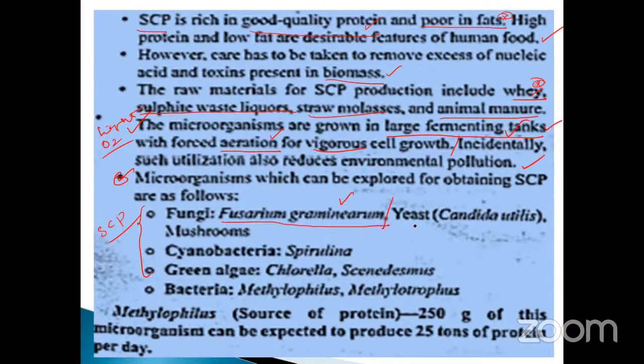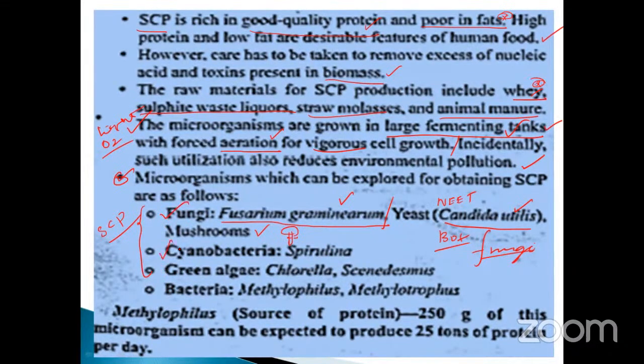Already you know about yeast. Sometimes they may ask the question about the yeast's scientific name. Here the botanical name is the correct one. Candida utilis is the botanical name, because it's a fungus, isn't it, my dear? Yeast is a unicellular fungus. Others are multicellular. And also the mushrooms, you already know, the mushroom structure looks like this. There are so many mushrooms. These are all considered fungi.